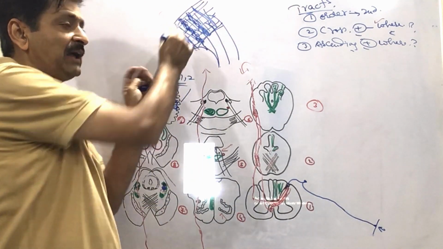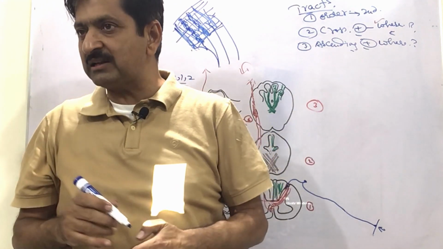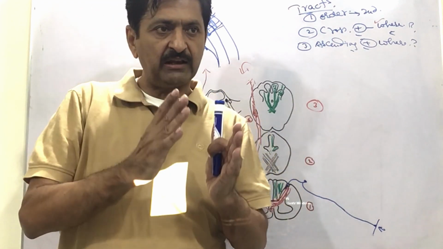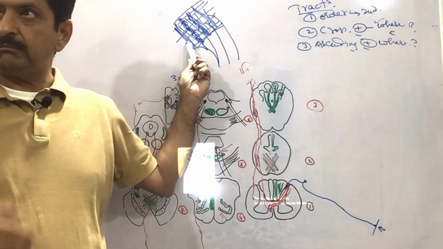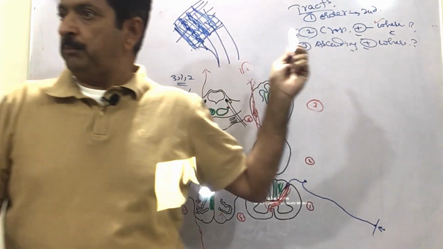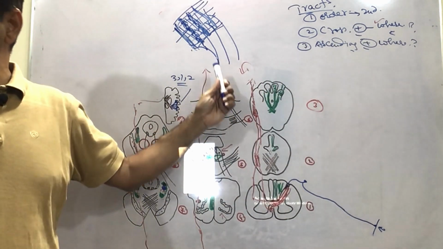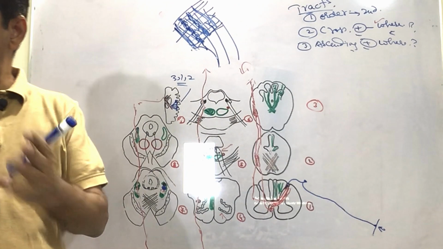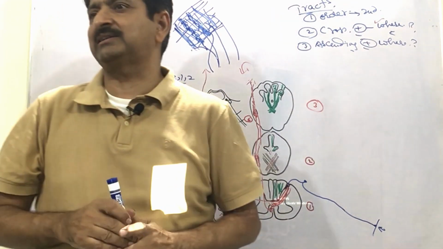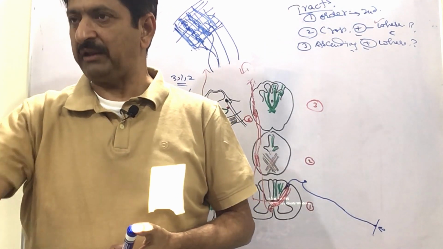But if the area 3, 1 and 2 of the homunculus is the same, why am I feeling different sensations? The reason is these functional vertical columns. If I am relaying in them, my perception will be pain. So my pain pathways will always find these. If my touch pathway by mistake has gone into the pain functional cortical areas, this time I am touching but I am feeling pain.